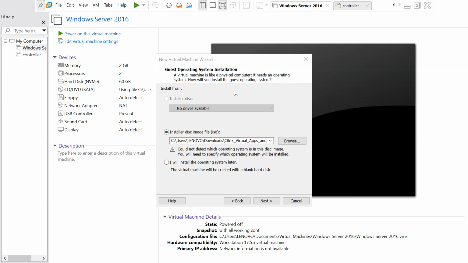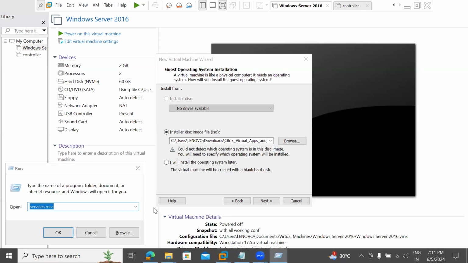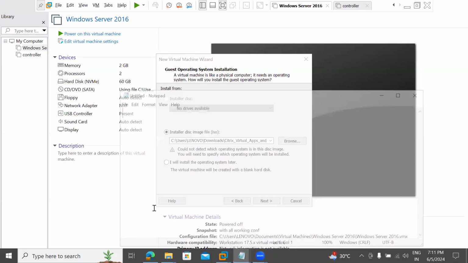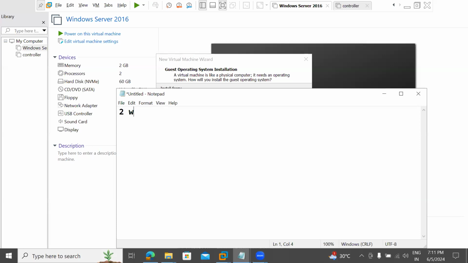Today I'll show you how to set up the Active Directory and all this. This VMware Workstation setup is fine, right, for everyone? Yes. Okay, so on top of VMware Workstation, we are going to install two Windows servers. On one Windows server,